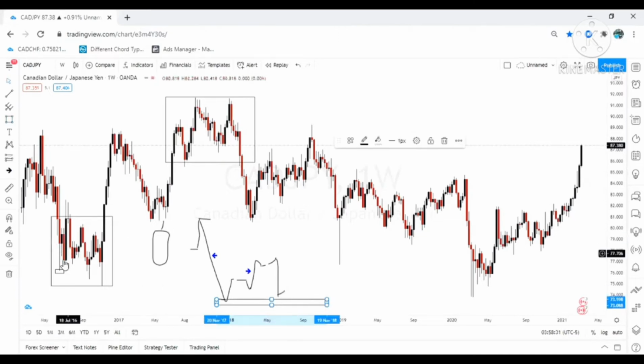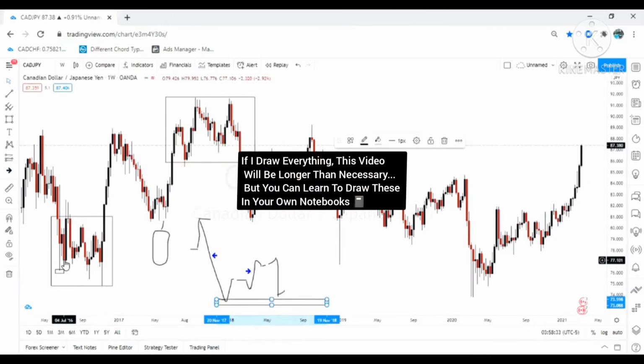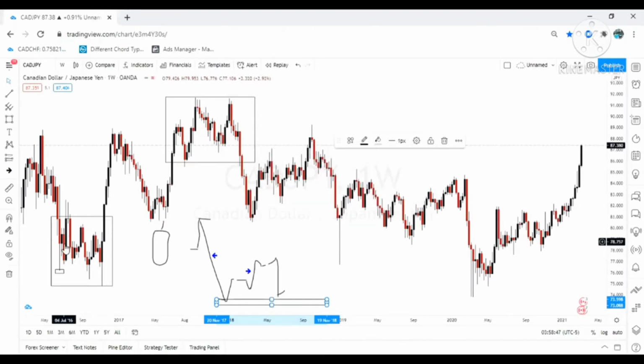The market now opened here. I do not want to draw all of this, but then the market came in here, and then we went here. So we engulfed the previous week's, and then buyers couldn't break through this level. And now a small body represents indecision. So we closed here, and then we opened here, couldn't break the previous week's high, and then we came back,